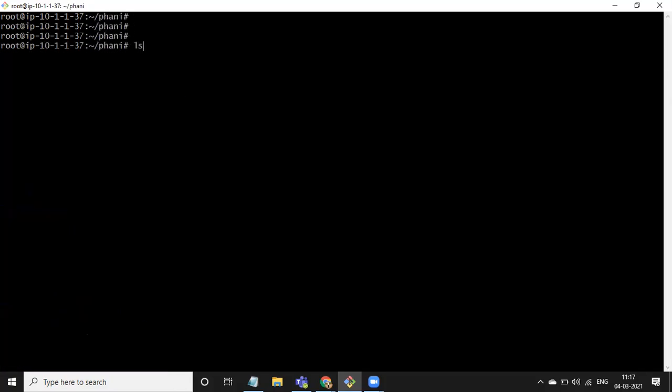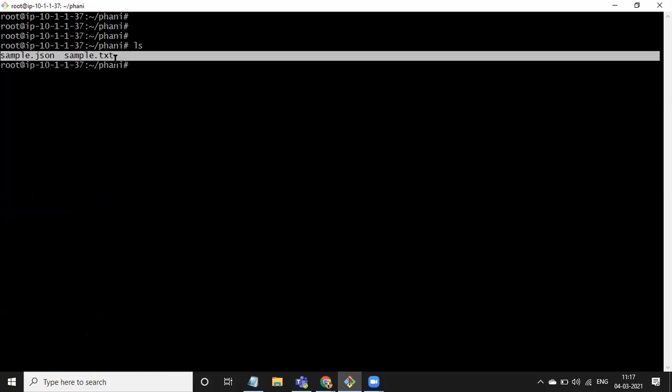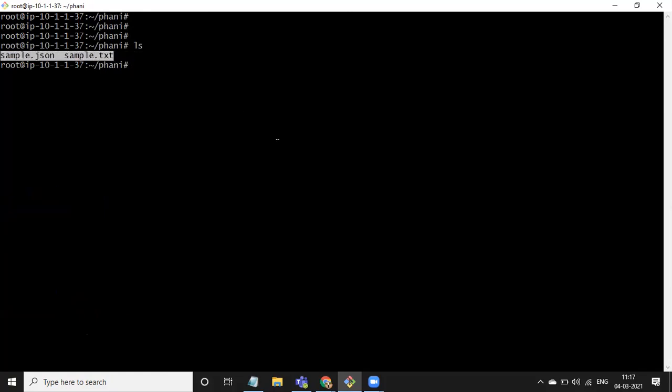cd funny. So now I have files here and in funny2 also. If I don't want files here, and I want only these two files to be copied to funny2, how will I do it? I will use the move command. mv means move. Star means all folders, all files inside this folder.